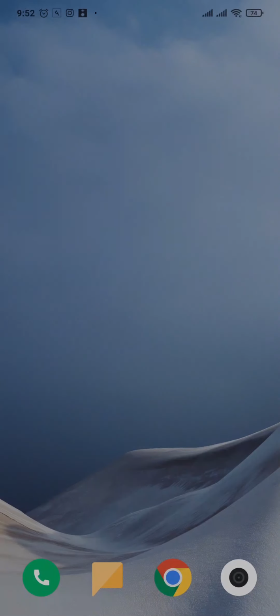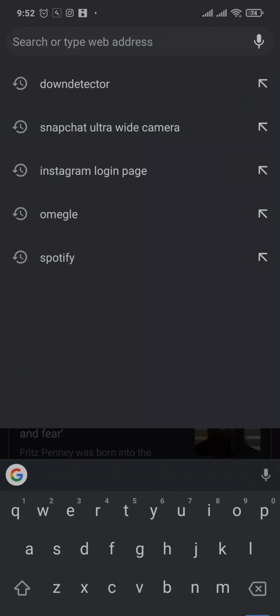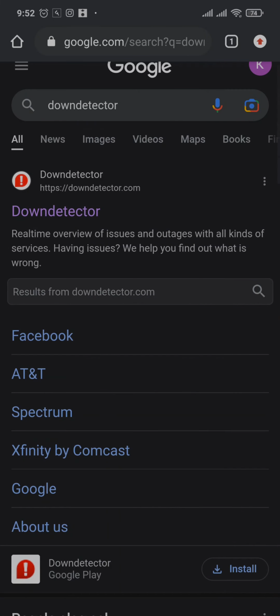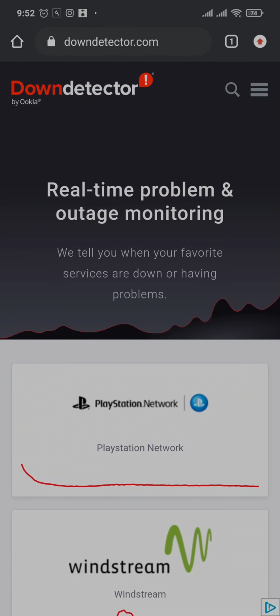So to check that, open up a web browser and search for Down Detector, or you can also directly search for downdetector.com. This site helps you to check if any company or any application is down at the moment. On the top, you'll see a search bar. Simply search for Instagram